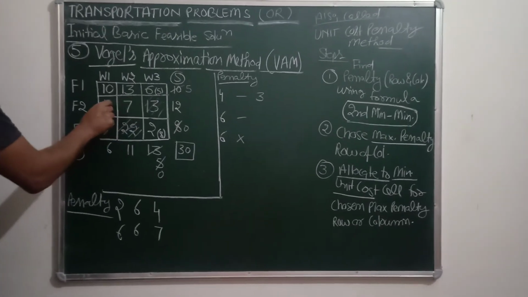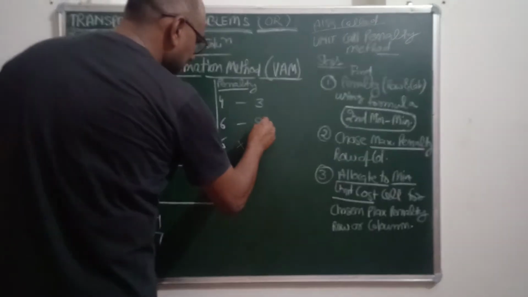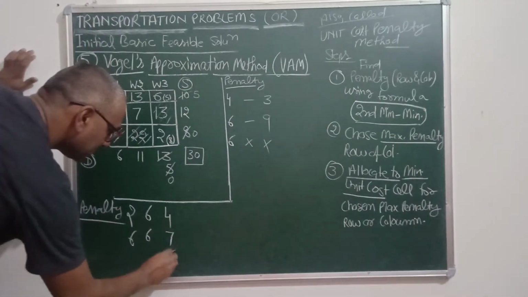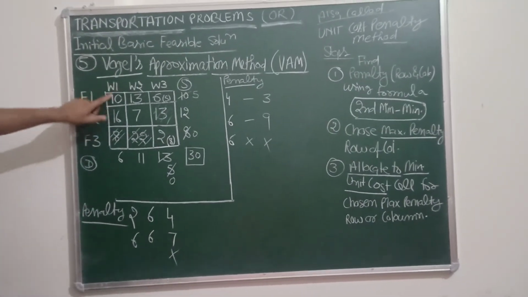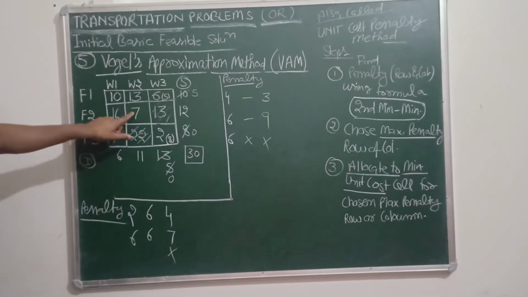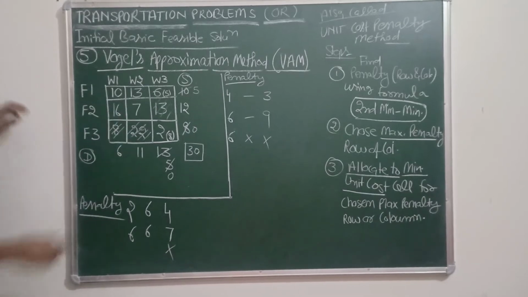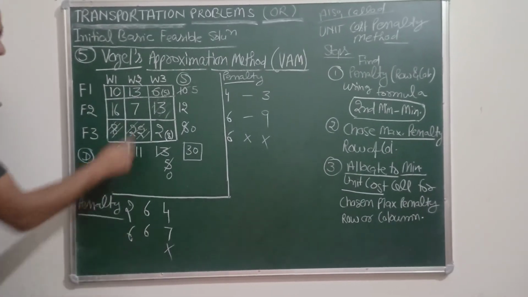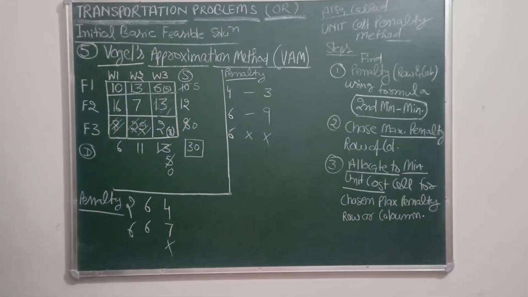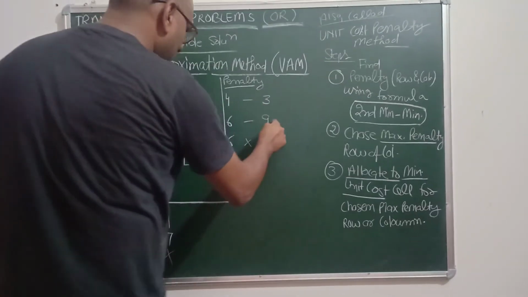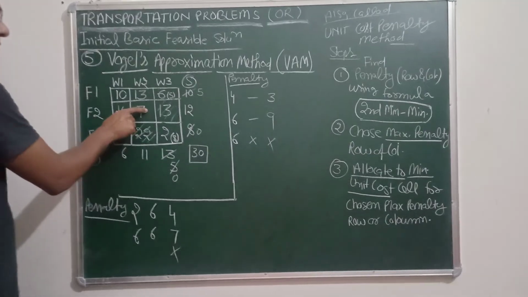Now here 7, here 16, subtracting 7 from 16, this is 9. This is also not applicable. Now the third column is not applicable. You will see that the demand will remain unchanged as there is no change in the lower cells of the two columns. Okay, so this is 6 again and this is 6 again. Okay, so after selecting the maximum value 9 from 4 penalties, we have to make allocation to this row.